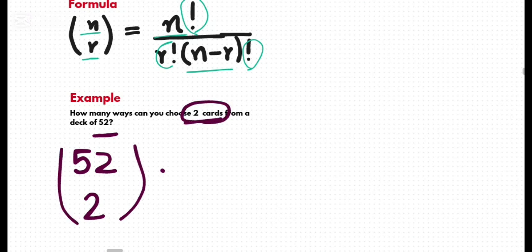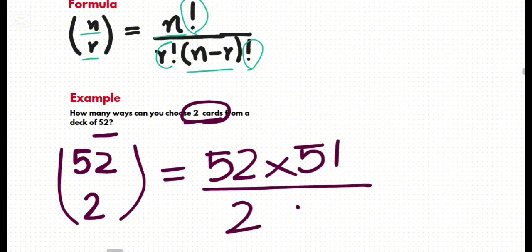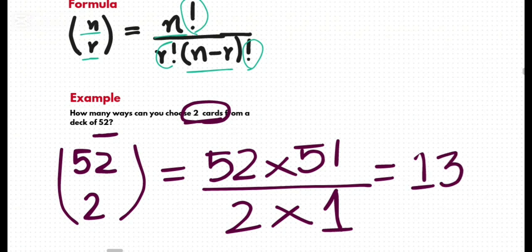So if you see, it is 52 multiplied by 51, divided by 2 multiplied by 1. It becomes 1326. So these are the